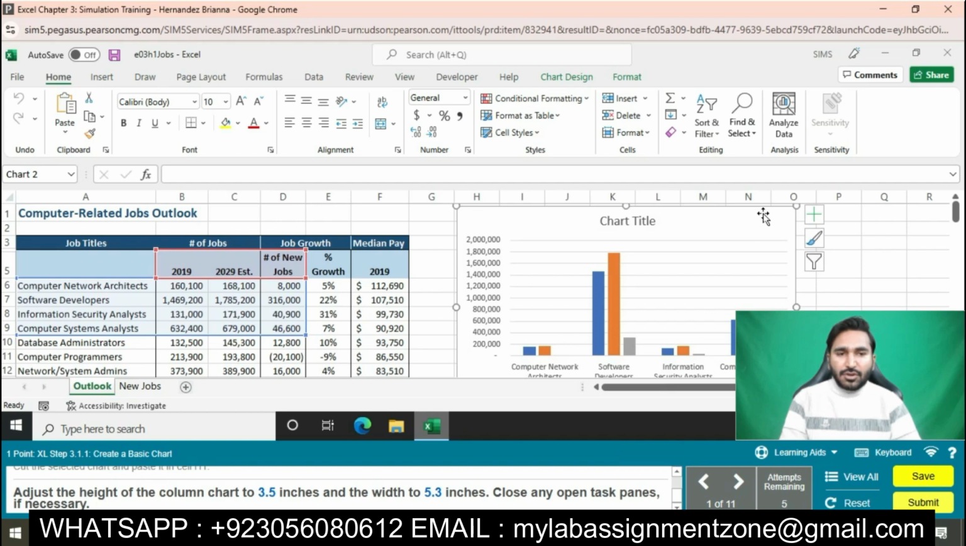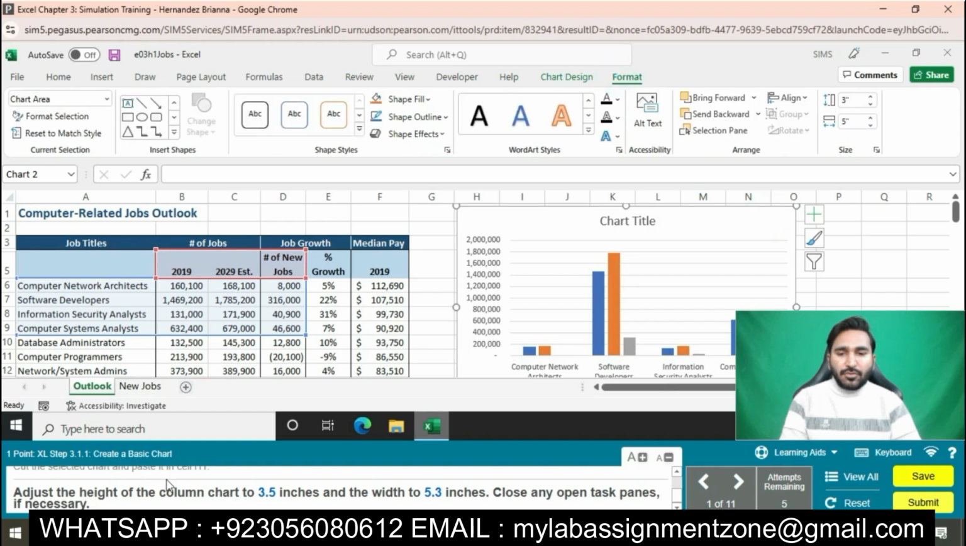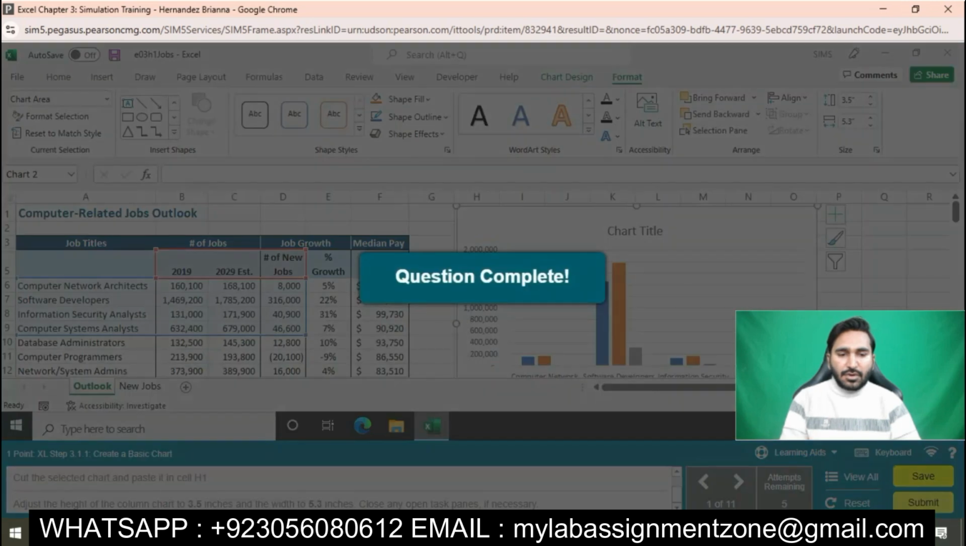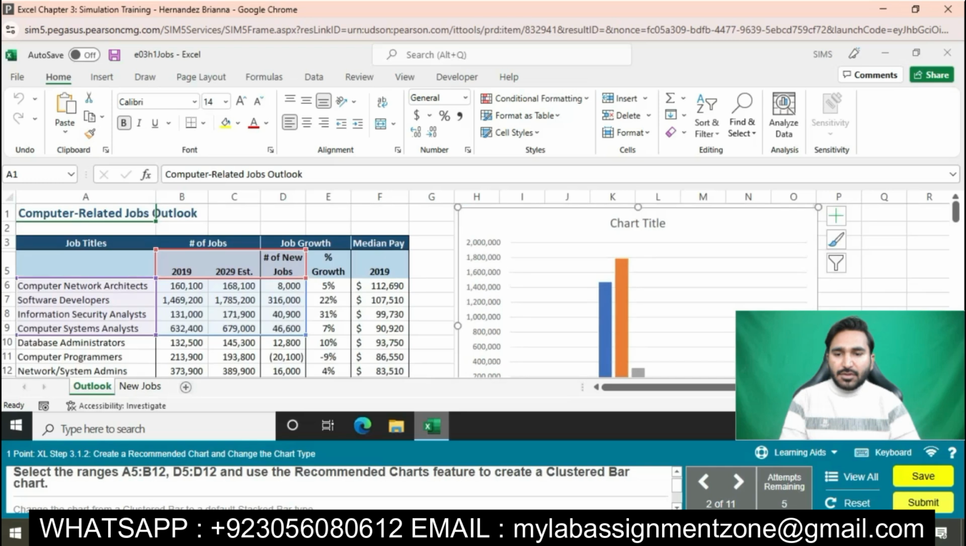We will click on the chart and then go to the Format tab. In the Size group, we will set the height to 3.5 inches and the width to 5.3 inches. Okay, the question is completed now. The next question is question number 2. Select the range A5 to B12, D5 to D12 and use the recommended chart feature to create a cluster bar